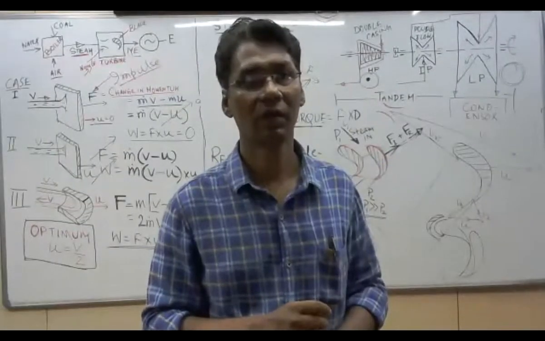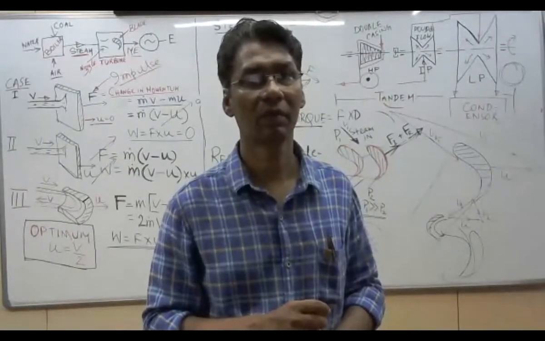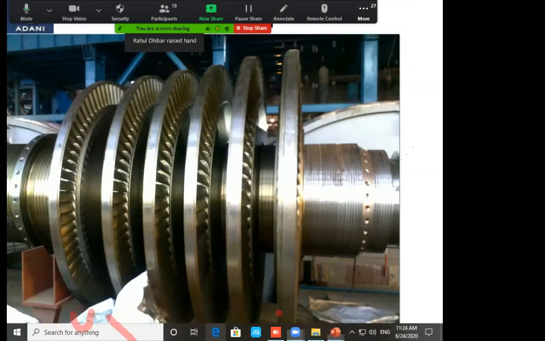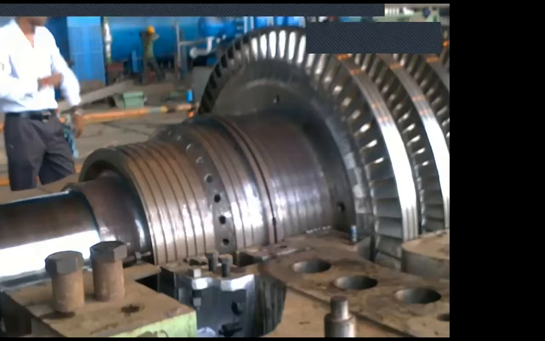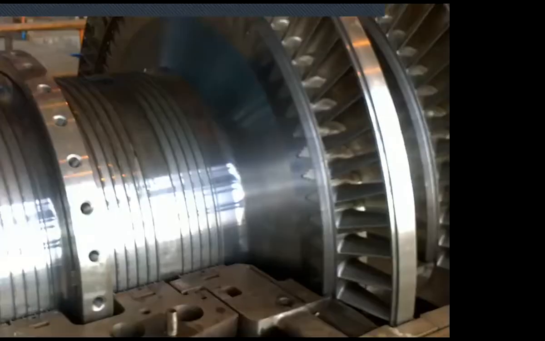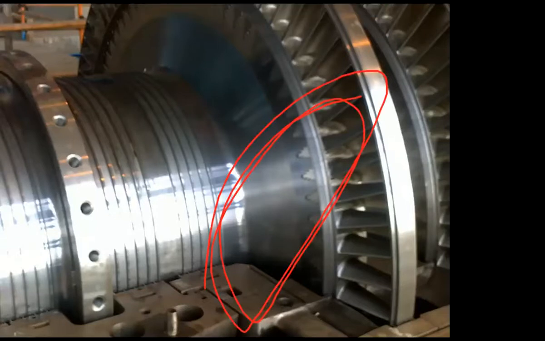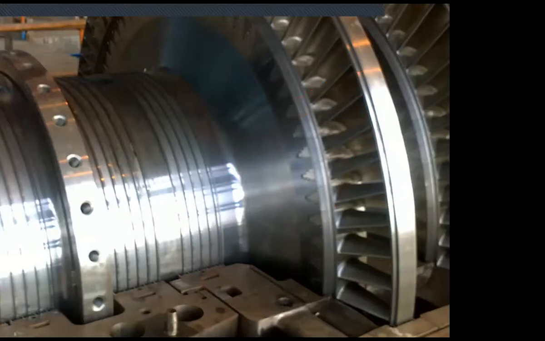Next. Next. So this is another view of this turbine, put on the lower casing. Next. That is the labyrinth sealing. These are the roots, how the blade is fixed. These are the roots. That is the sealing arrangement. It will rotate. High pressure steam over here should not pass through this passage.